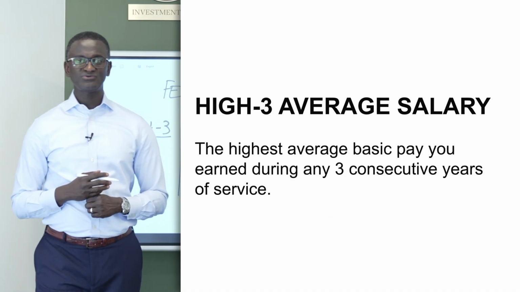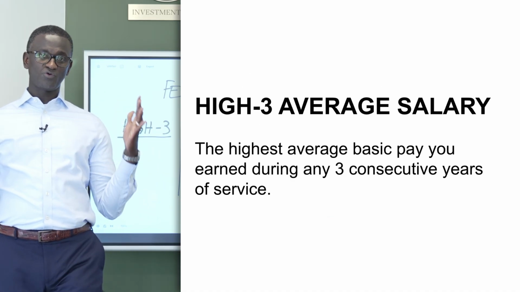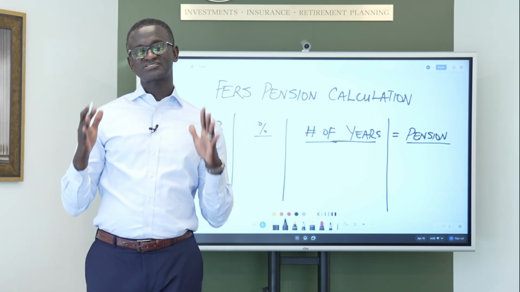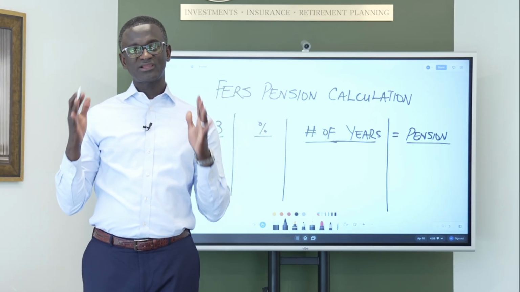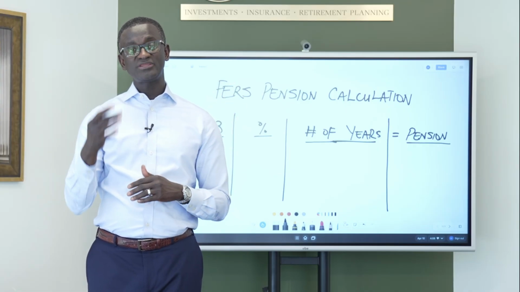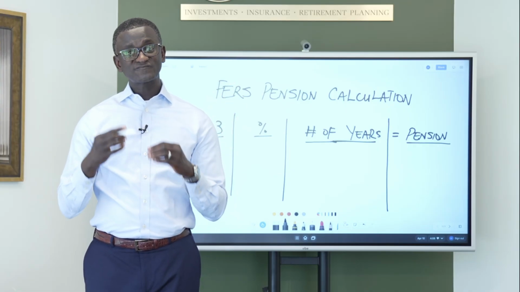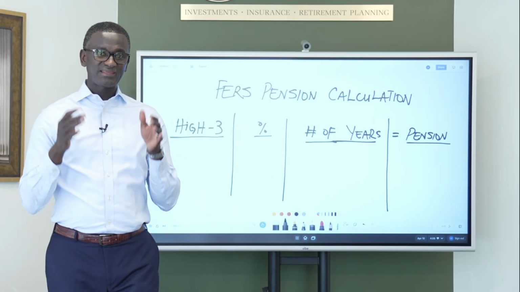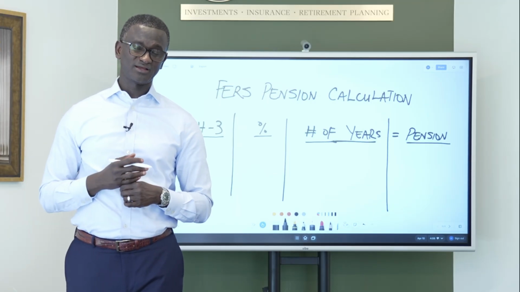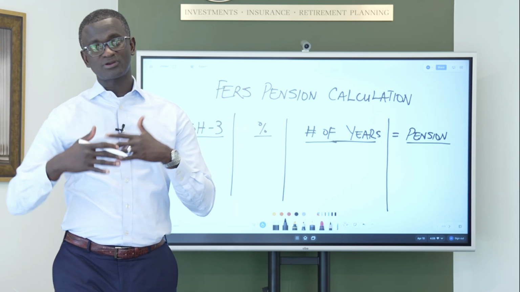That's basically what they do: they go back and look at your work history. You work for 30 years, they look for 36 consecutive months, right? That's what they're going to take to get an average, and that would be your high 3 average. And for most federal government employees, they attain that high 3 average towards the latter part of their career due to natural job progression and all that.